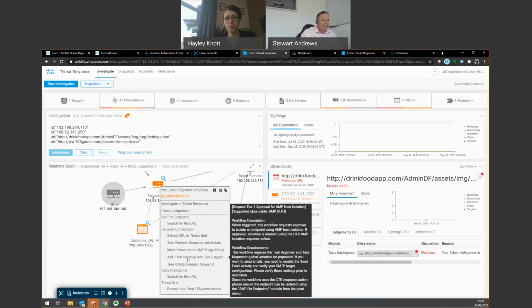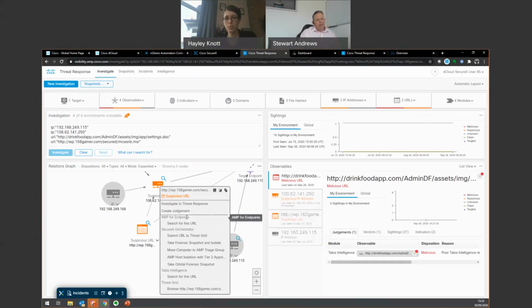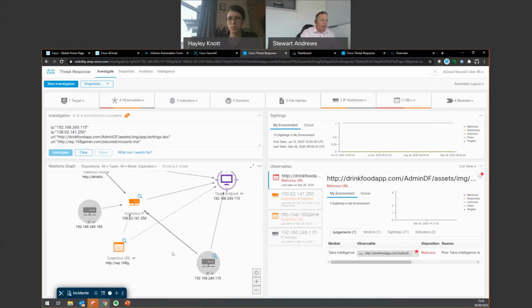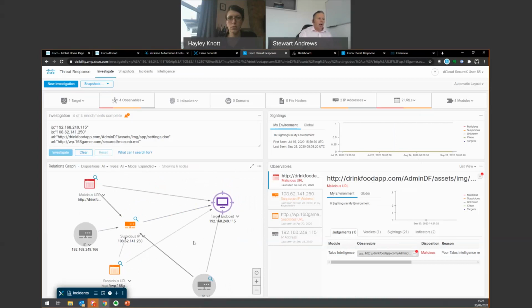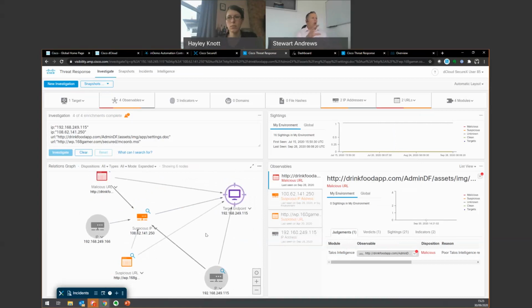So I can actually take action on what's going on. For endpoints, I can actually isolate machines to stop them communicating and stop the spread of anything malicious any further. So it's quite a powerful tool without having to jump from dashboard to dashboard. From here, I can actually drive everything, as well as having all the information that's provided here. So really, that's the main core part of